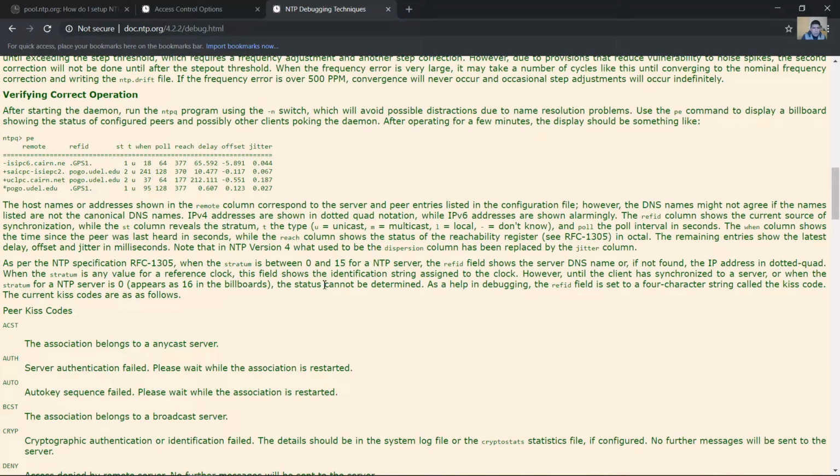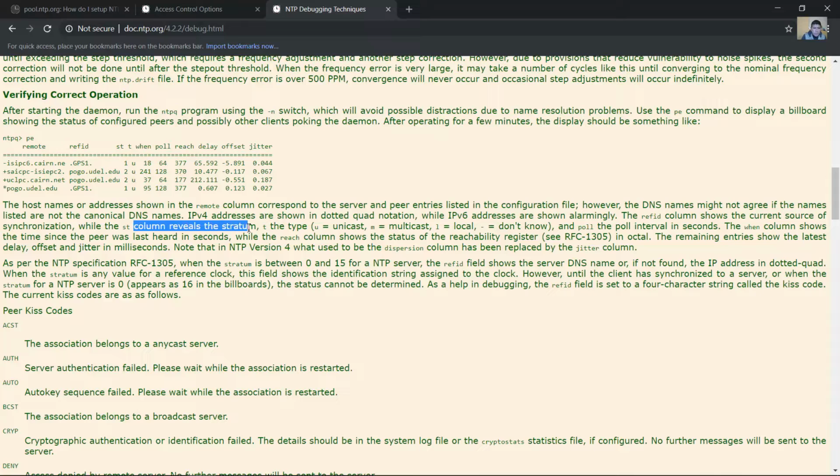Okay, remote, the server; refid, reference ID, the current source of synchronization;